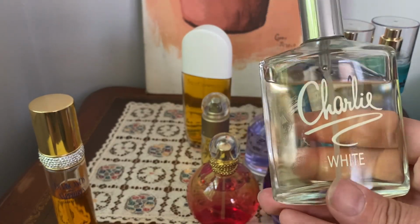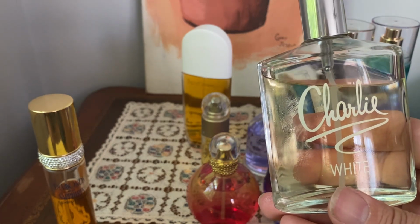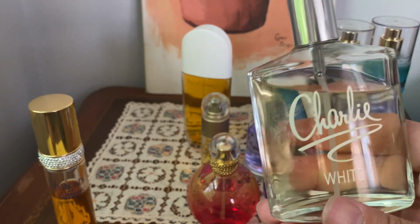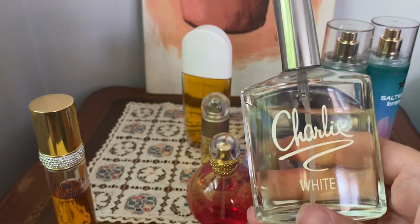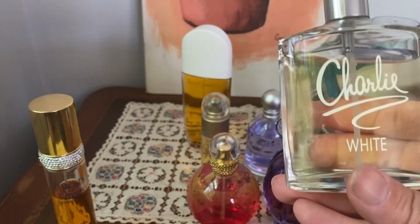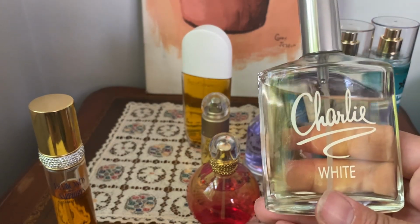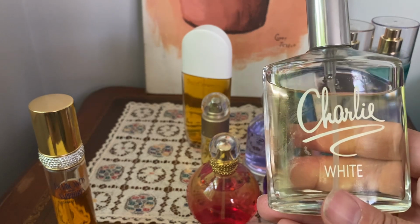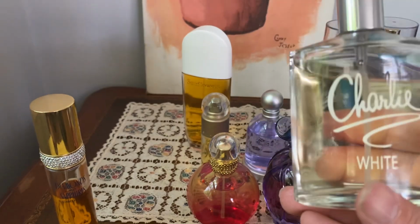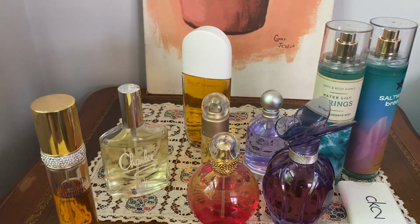Yeah, so this has watermelon and white florals and some sandalwood at the base. Gets compared to Love and White by Creed. It's $8. Really nice watermelon scent. Really nice in the sun. These are all good fragrances for when you're digging around the garden. I mean, they're just so solar enhancing, you know, that whole sun experience is so much better with these fruity